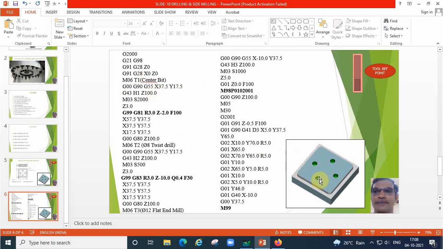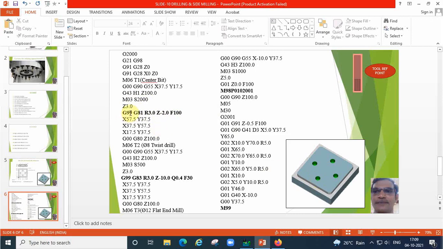Now the drill bit is here at 100 mm height, and giving some speed to the spindle, 2000 rpm, and bring down the cutter just 3 mm above the work surface, and write down the syntax for spot drilling operation. G99, G81 or ZF. This is the syntax for spot drilling operation.